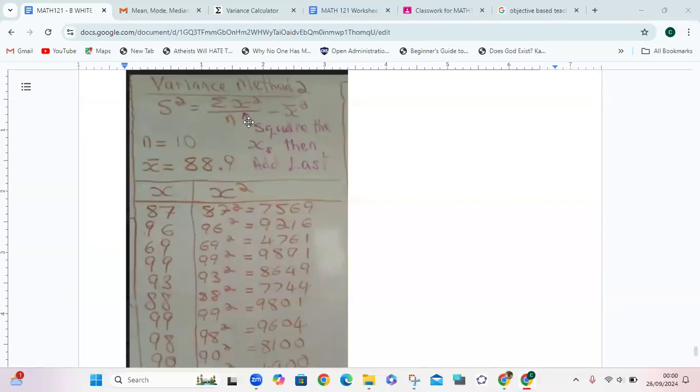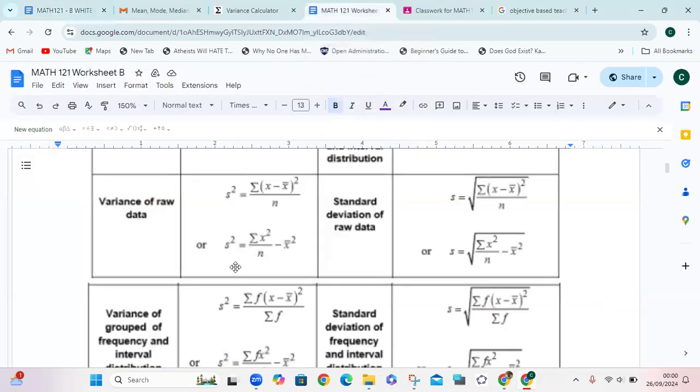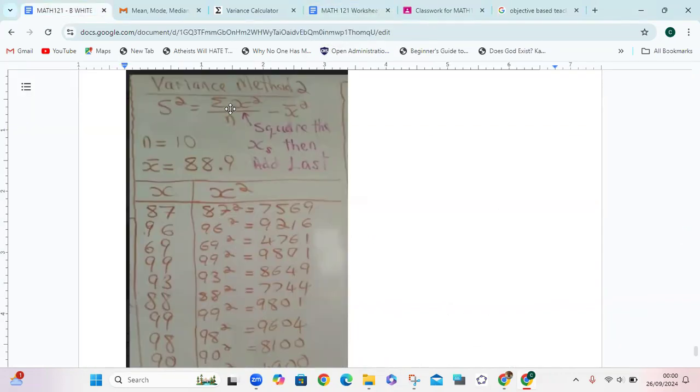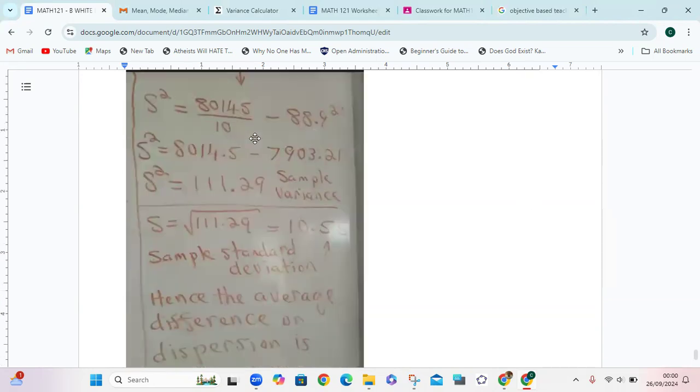Now we've got the second formula, which can also be found in the list of formulas. Here it is. It says you've got to square each value and then add them up to get this number there. N is already 10 and the sample mean is 88.9. But to get this value there, we have to square the x's, then add last. So here, a table is created called x squared in order to square each x and then do the addition, which gives us